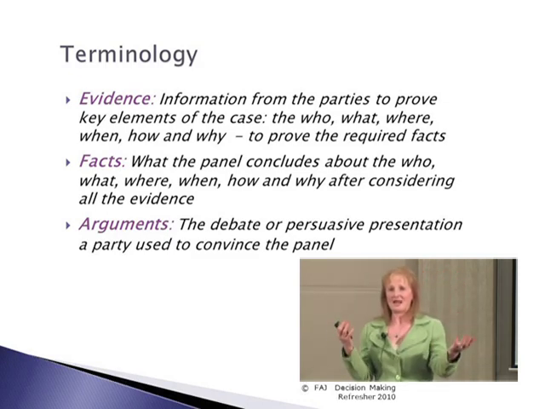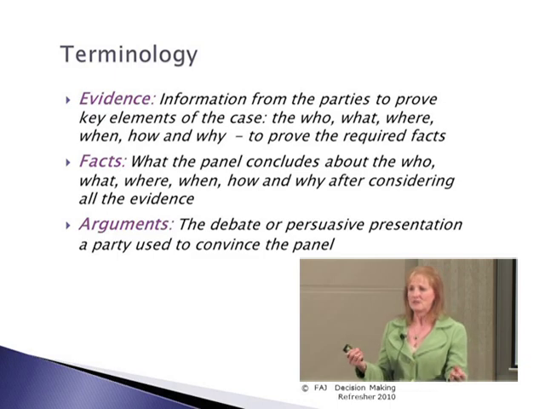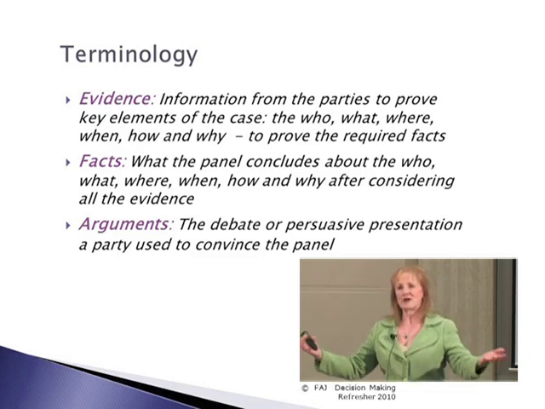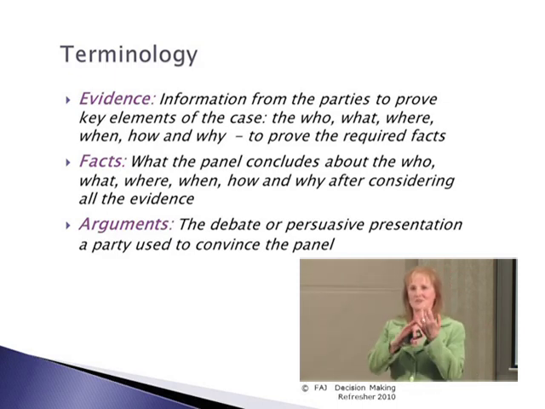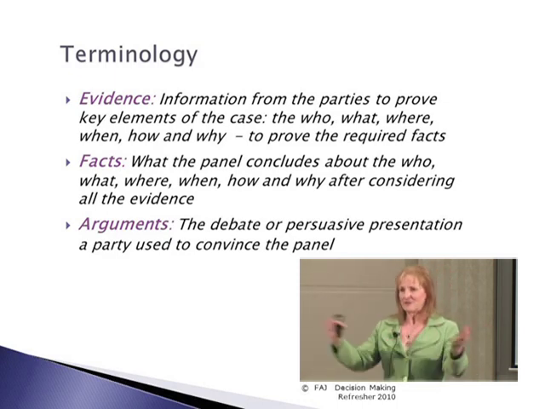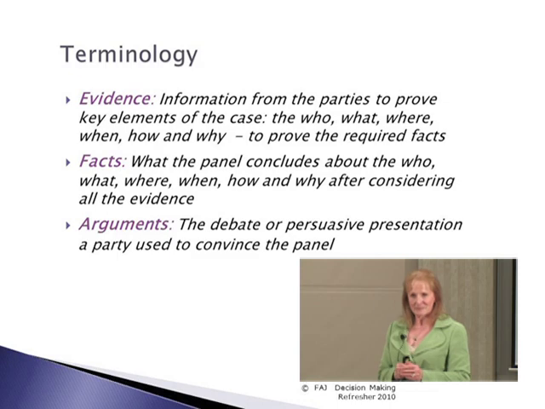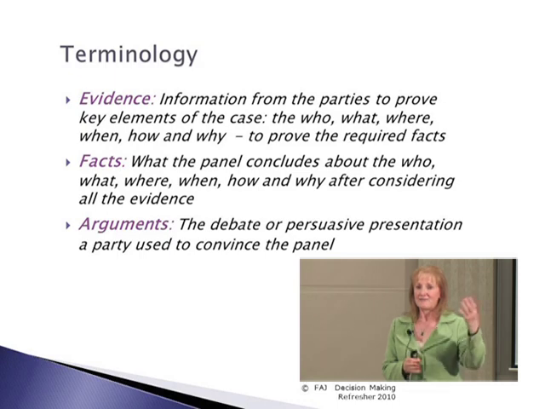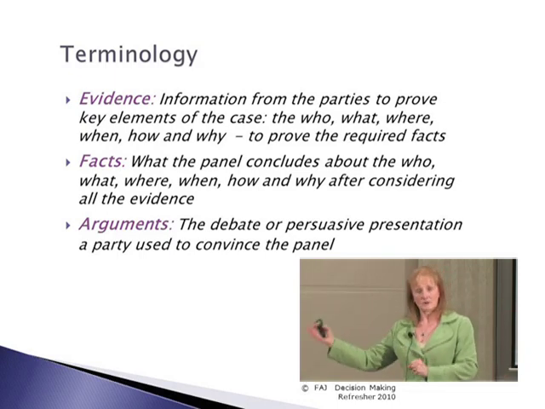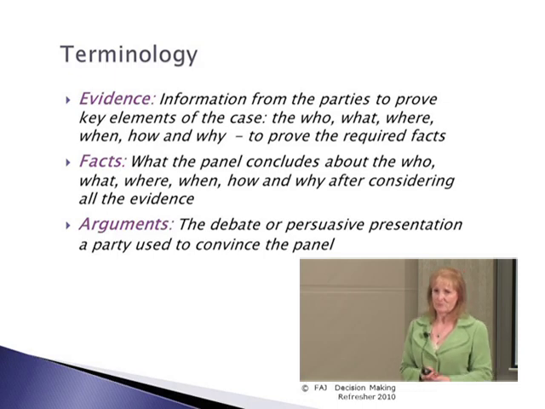So the panel may have here in our car accident scenario 2 different versions about how that car accident happened and how serious that car accident was, and perhaps who was at fault in that car accident. The panel will make findings of fact about who they find was at fault, how they find the accident occurred, and how serious they consider the accident to have been. And as a result of those findings of fact by the panel, they may award no damages or a lot of damages or few damages. Okay?